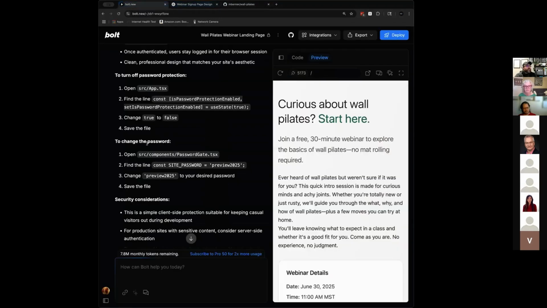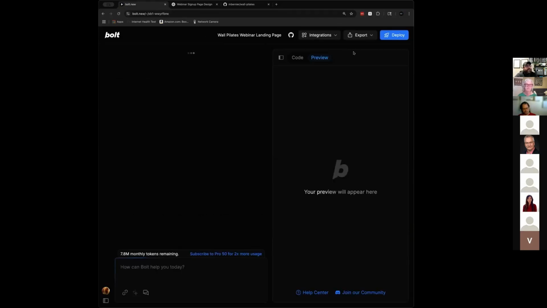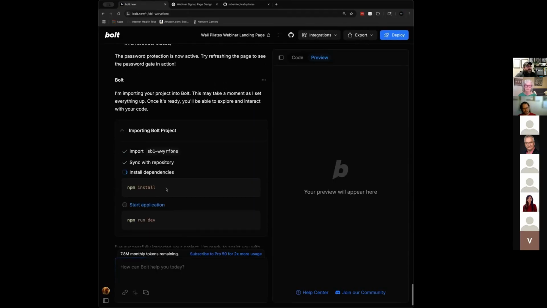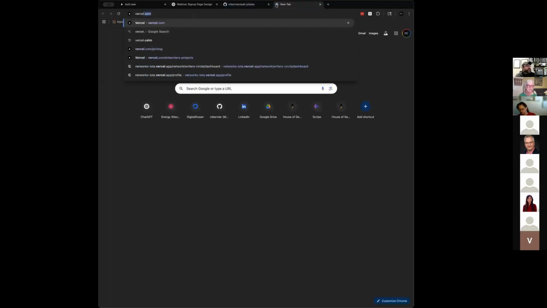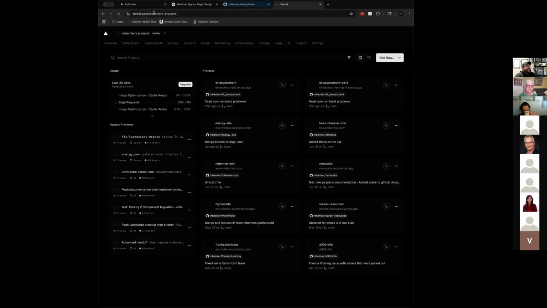And then what's really cool with Bolt is if I refresh this Bolt page, it's actually going to sync the data from GitHub right here from the repository because it has that connection now and it'll rerun it, which means that if you are like me and use two or three tools, you can actually use GitHub as the center point for everything you do. So you can use a different tool to mess with it, and then you come back to Bolt and it'll refresh, which is awesome. Okay, so the last little bit of what I wanted to show you was if you go to Vercel.com, you can see my projects here.